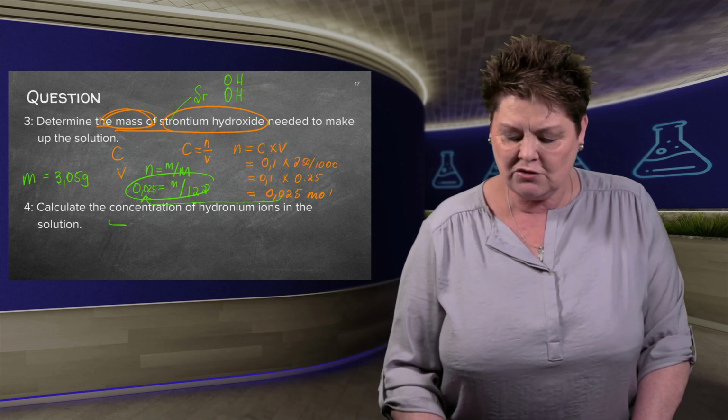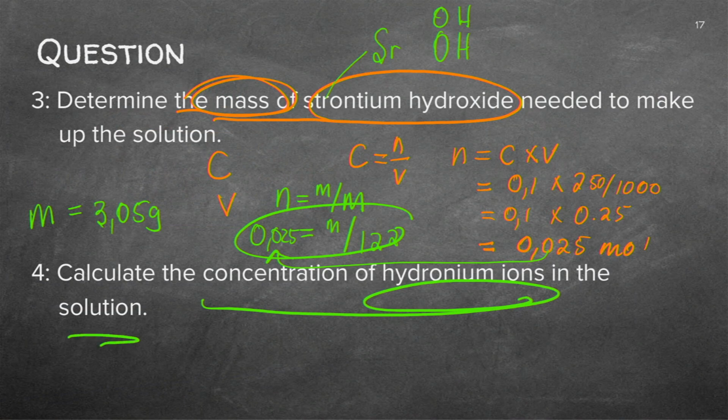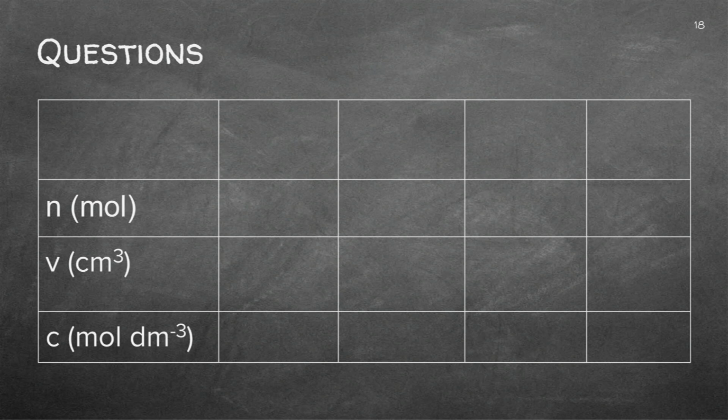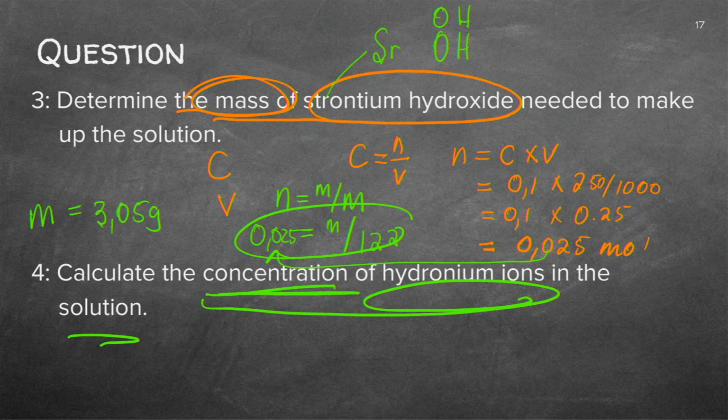Let's do the concentration of the hydronium ions in the solution. Remember, they gave me a few clues to do that. So I've got strontium hydroxide, and that's the formula. I've got a complete dissociation that I know, so I'm forming those ions. Important. What's the relationship? Well, I've got 1 mole of strontium hydroxide giving me 2 moles of hydroxide. So what do they want me to do? They ask me to calculate the concentration of the hydronium ions. So let's go about doing that.